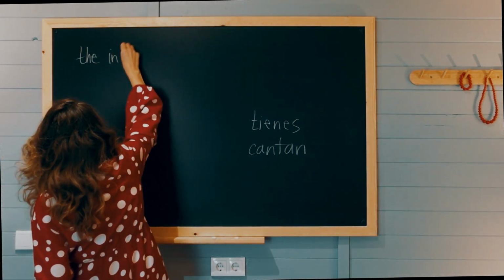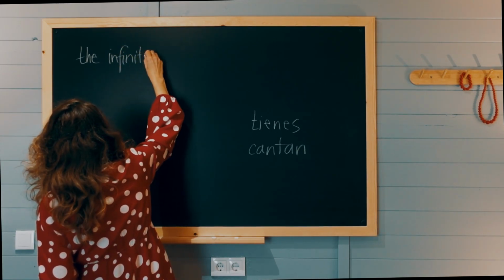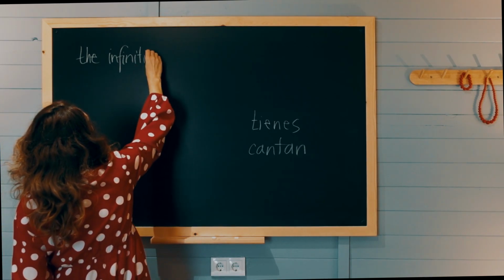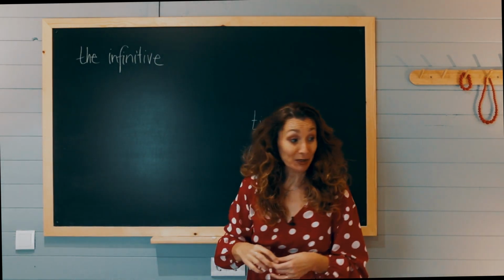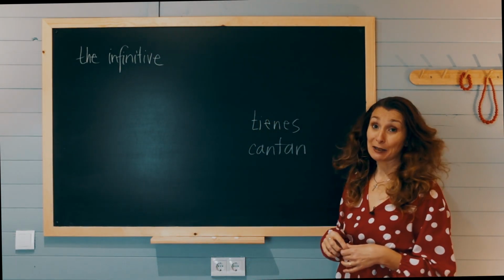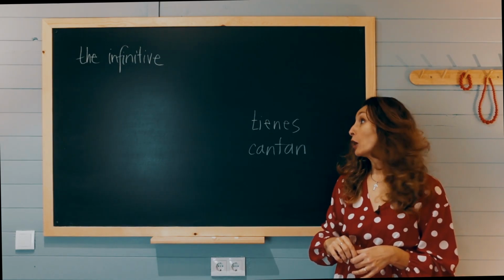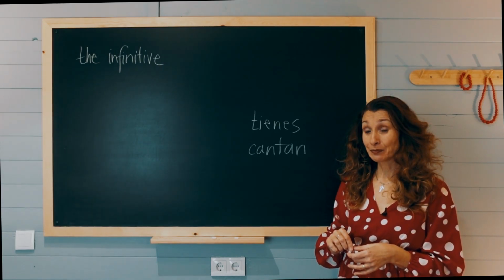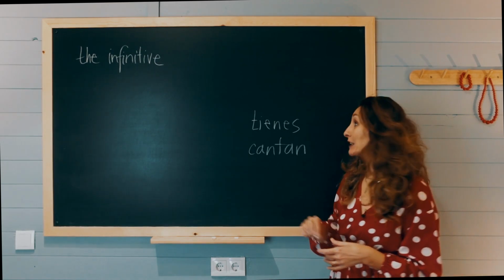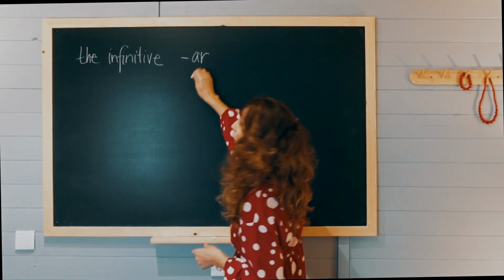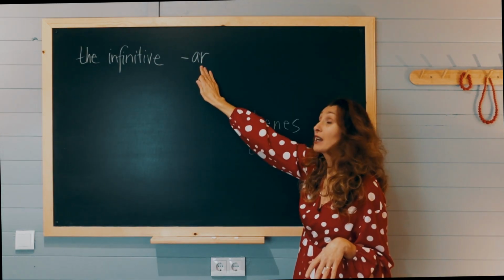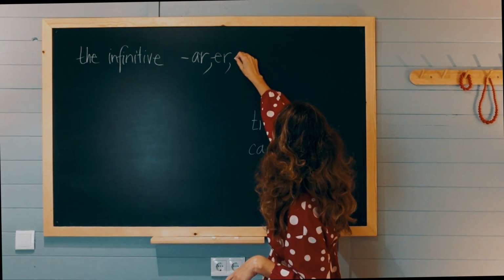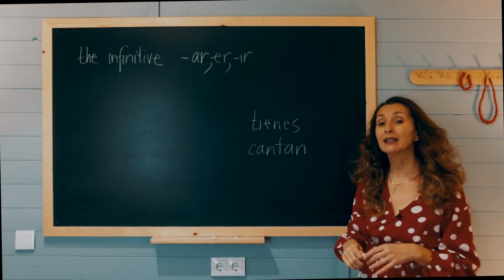So the infinitive, infinitive. Sometimes I feel I'm dyslexic. Okay, so the infinitive are those forms of a verb that end with ar, er or ir. Okay, so Spanish infinitives only have three possible endings: ar, er and ir. Okay, for example,